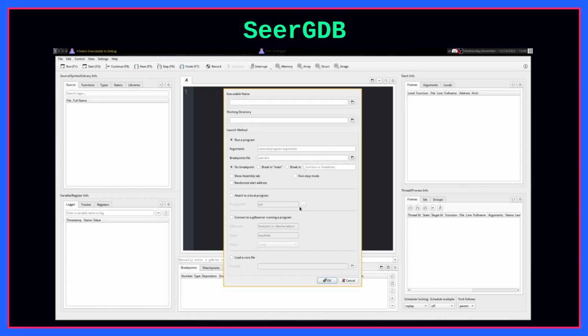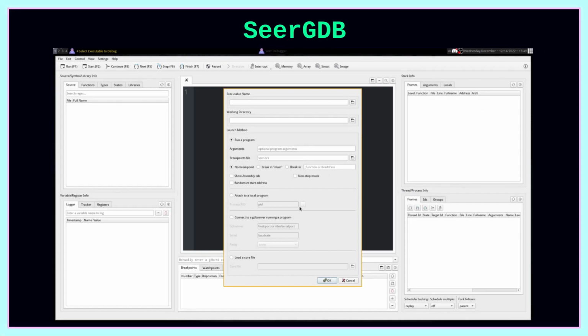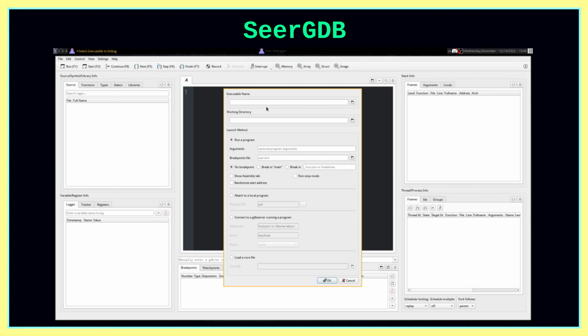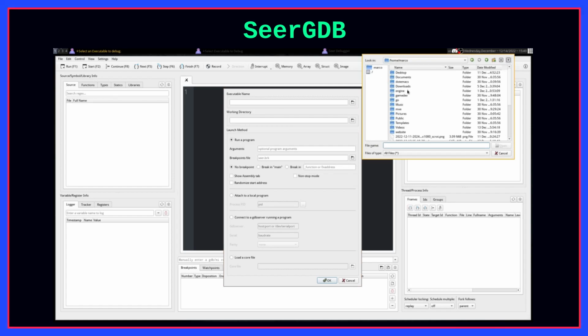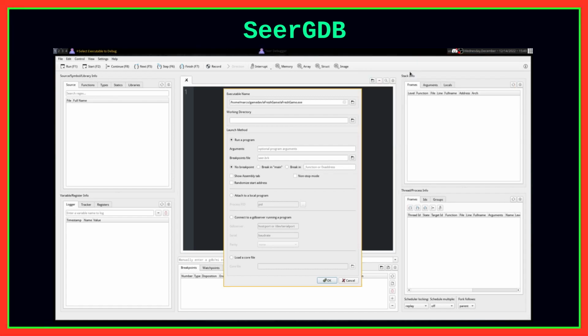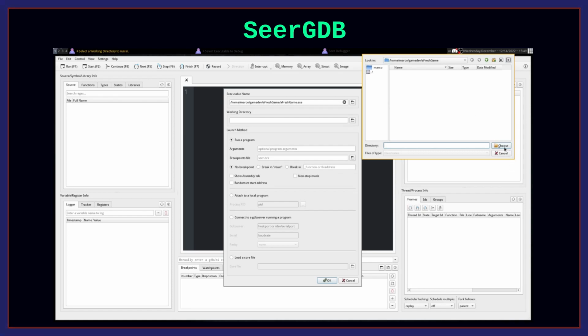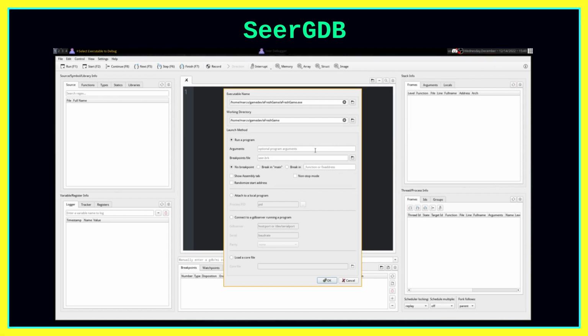Now, last but not least, we have SeerGDB. This was also one of the best out of the bunch, again, because of its simplicity. As soon as you open the program, you're going to be greeted with a window to select your binary and the working directory, and you're good to go. Now, after that, the project is going to run, so you're going to have to close it and set up